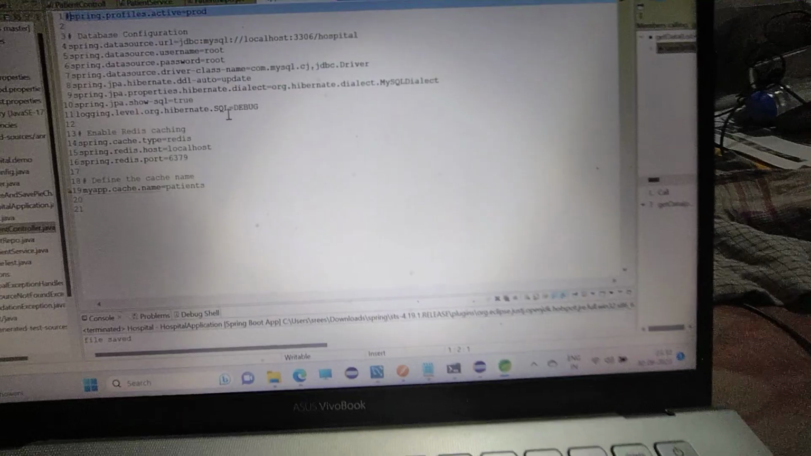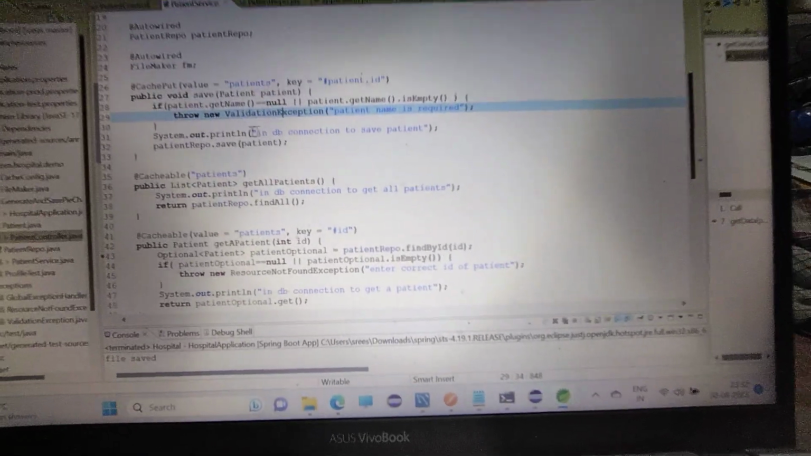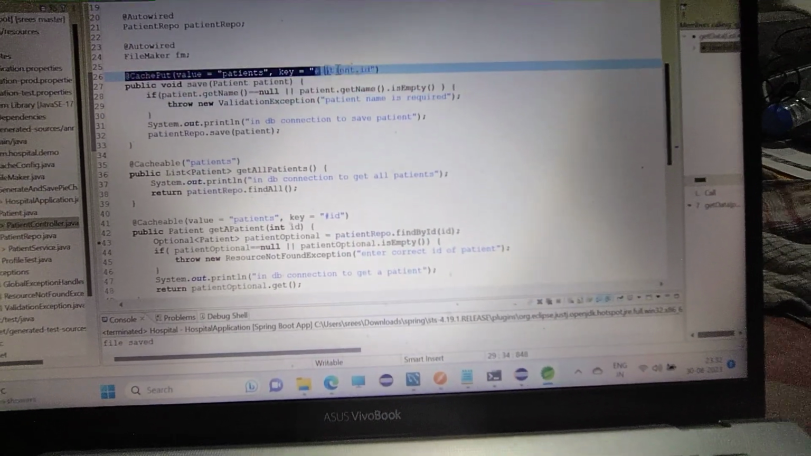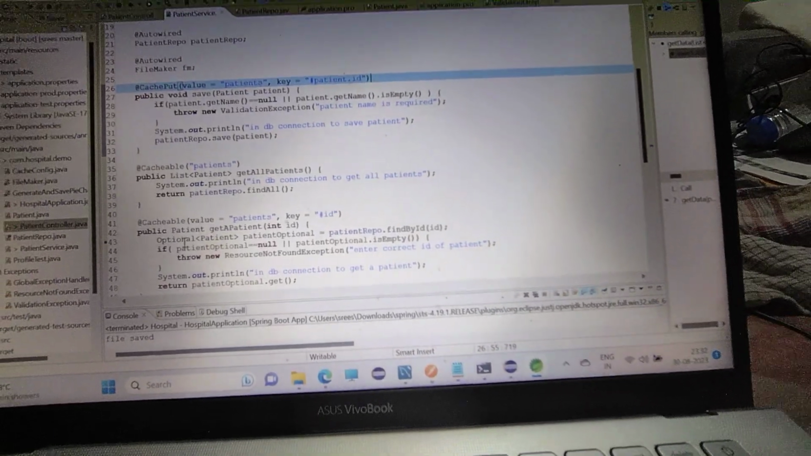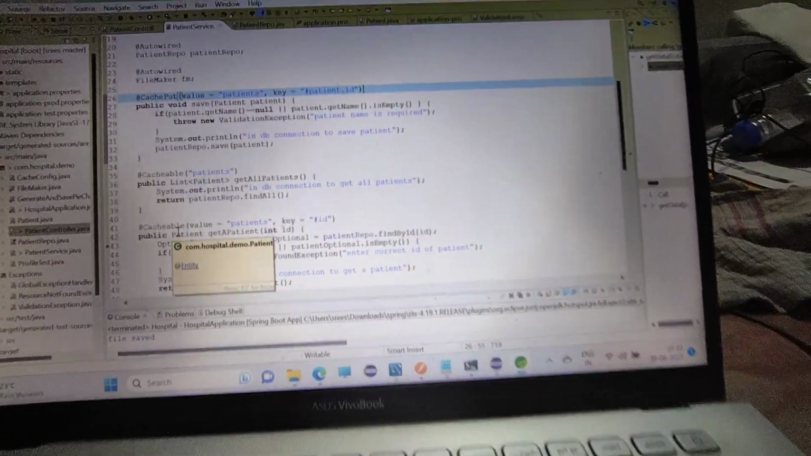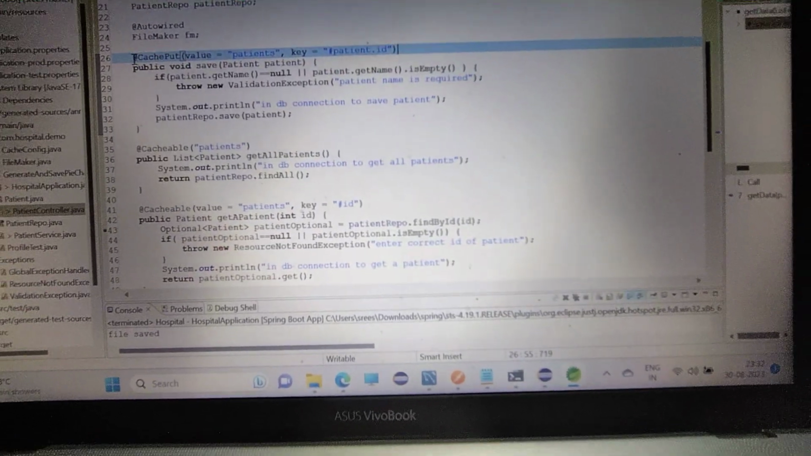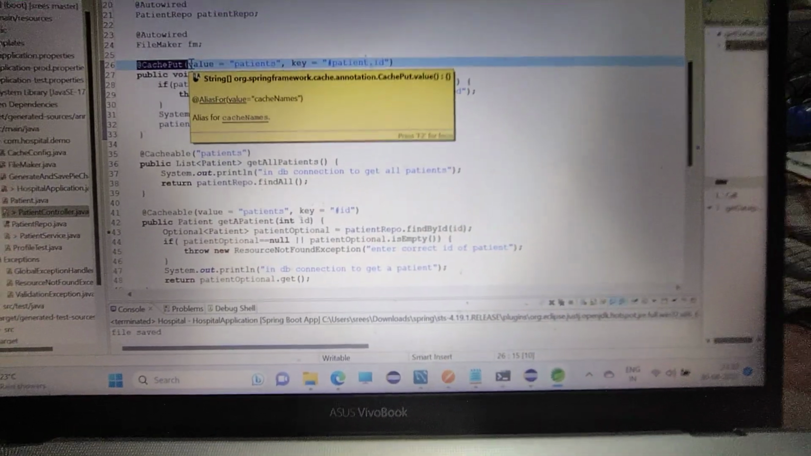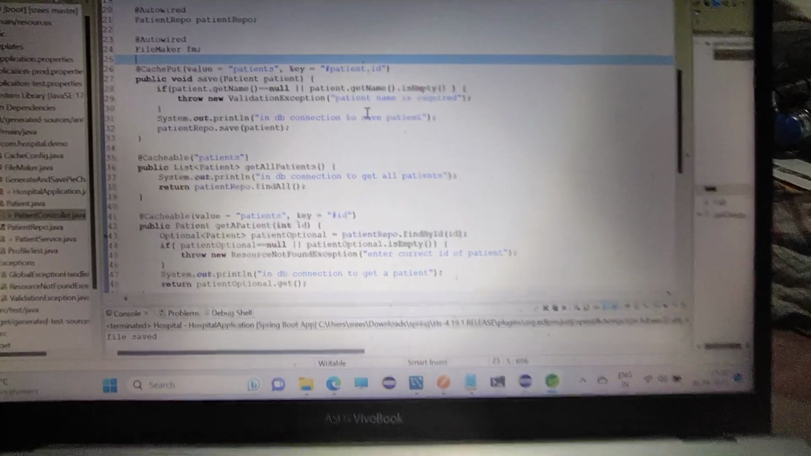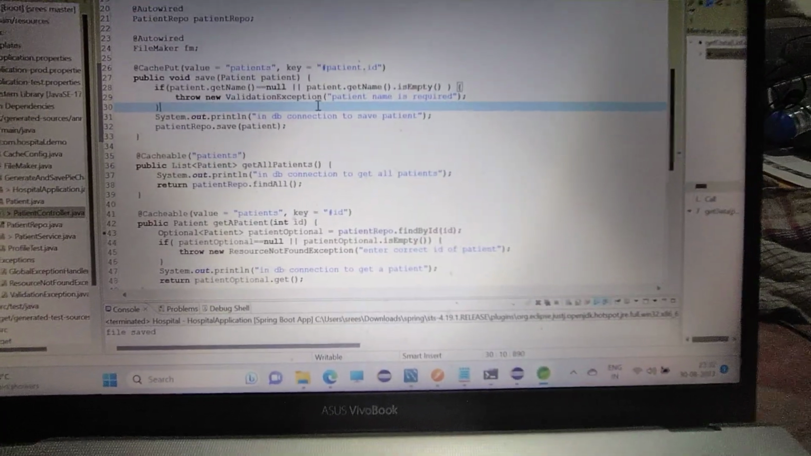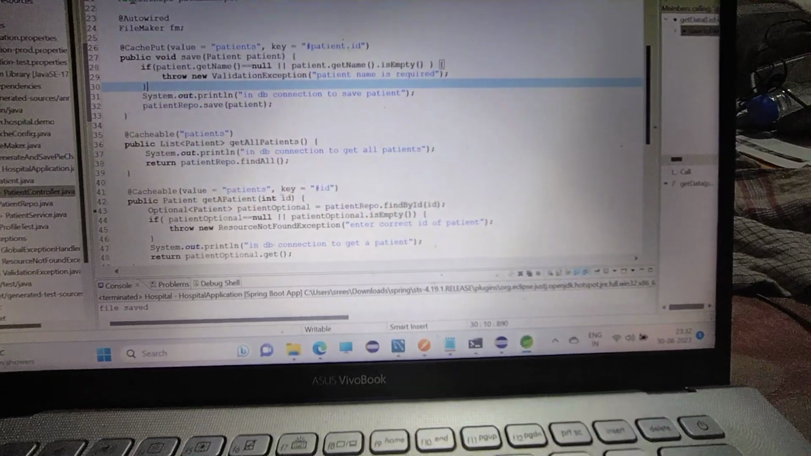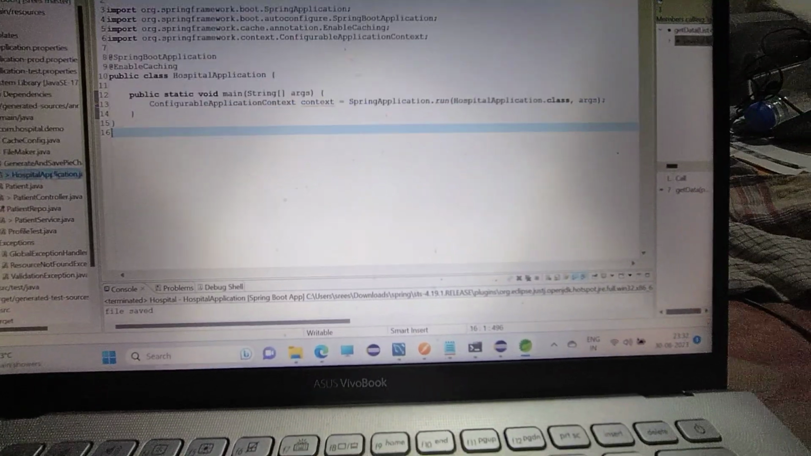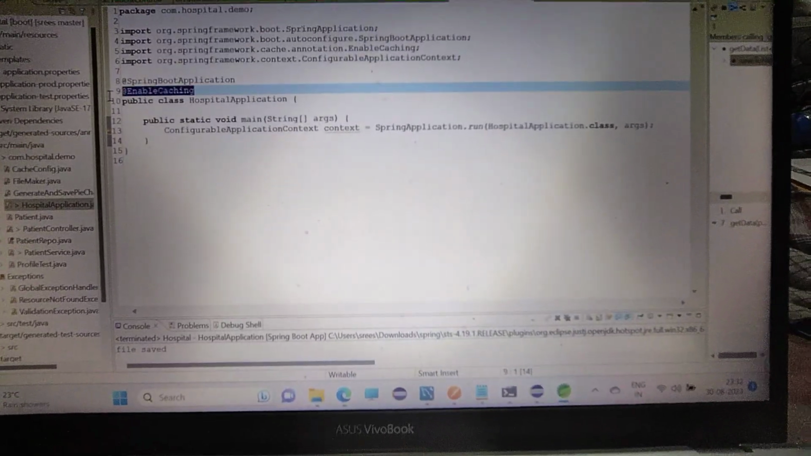This is for the getter, and to use the cache we have some annotations called @CachePut, @Cacheable and so on. So what does @CachePut do? It saves the newly entered data into the cache. And to enable the cache we have to put the annotation @EnableCaching in our main class,